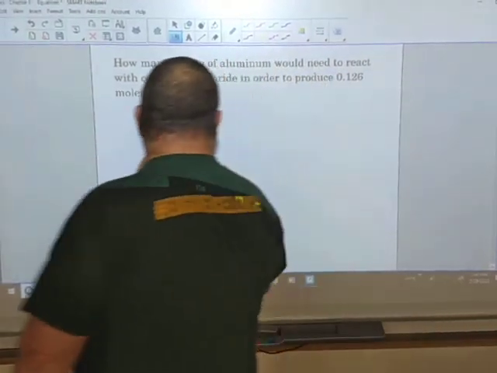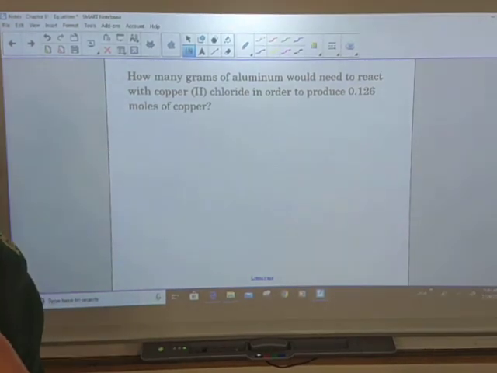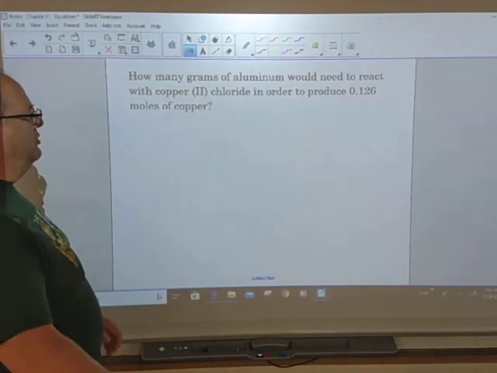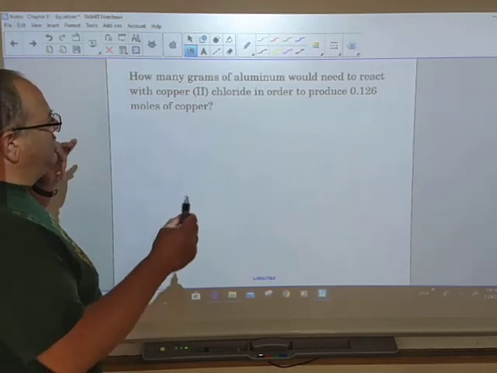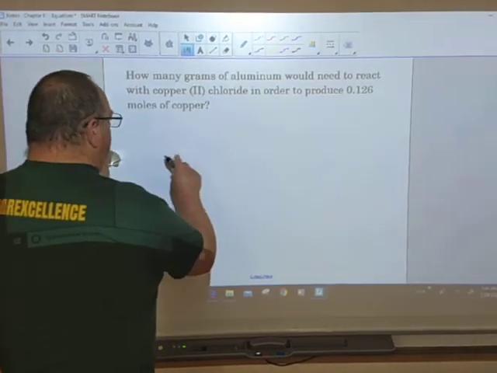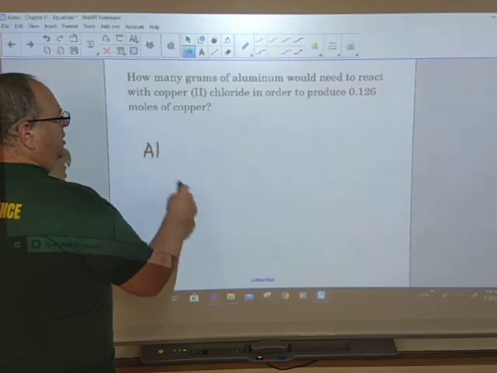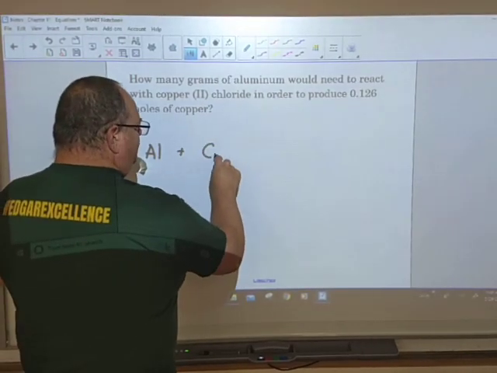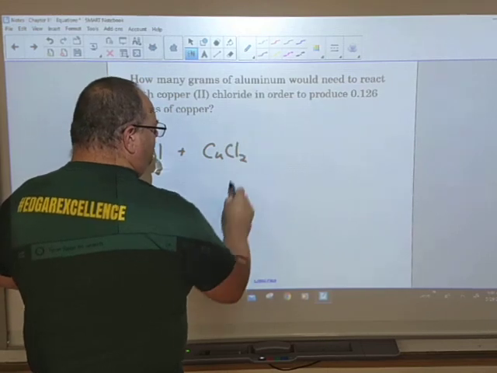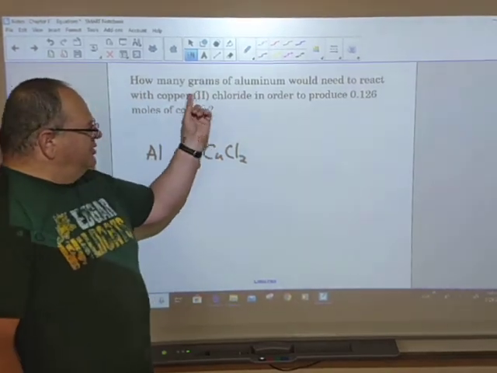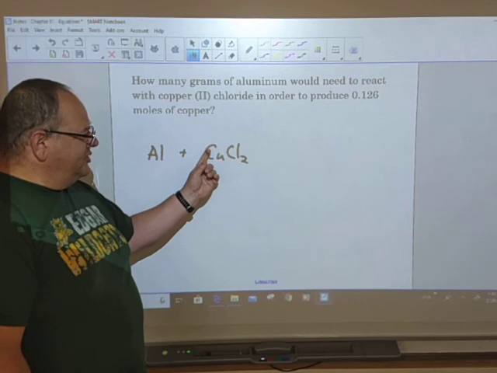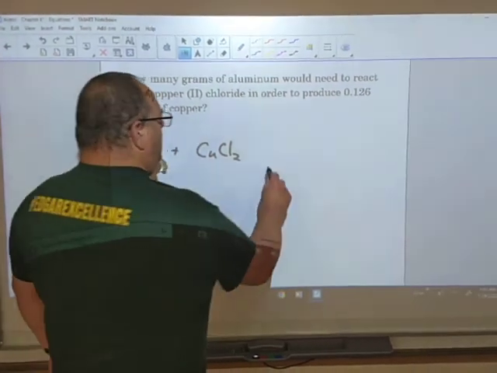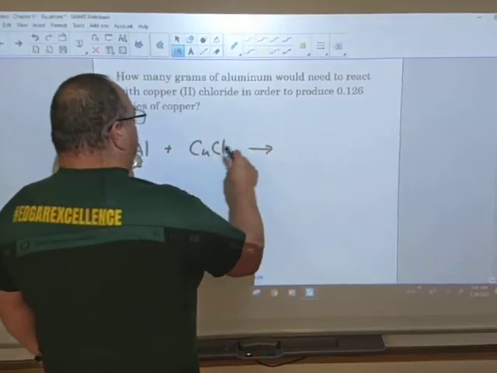How many grams of aluminum would need to react with copper(II) chloride in order to produce 0.126 moles of copper? Okay, so when I read my clues, I know that aluminum is reacting with copper(II) chloride, CuCl2, because remember the 2 goes with the charge of the copper. If this is a +2, you got to have 2 chlorides to go with. And I know I'm producing copper,